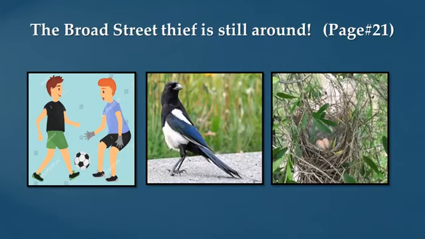The zookeeper explained to a reporter, magpies love bright things. They often collect them for their nest. The police told a reporter, "We have given all the things back, but people must be careful. They mustn't leave bright things next to open windows. The problem is, this is one thief we can't catch." So finally, the thief was this bird named magpie.